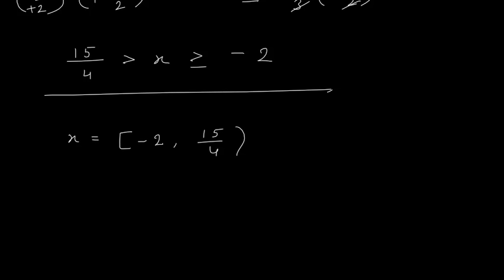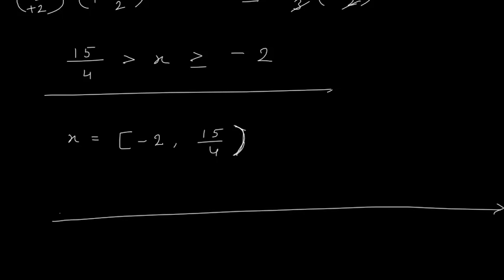You can see that minus 2 is included because x is greater than or equal to minus 2. That is, its value could be minus 2 or it could be more than minus 2. So for that we use this bracket. Okay, this is how we show it in the solution. We use this square bracket, and here it is less than 15 by 4. So 15 by 4 is not included, but all the points which are slightly less than 15 by 4 they are included. So for that we use this bracket. This is called open bracket. Okay, so this is my solution, and I have to represent this on number line also.